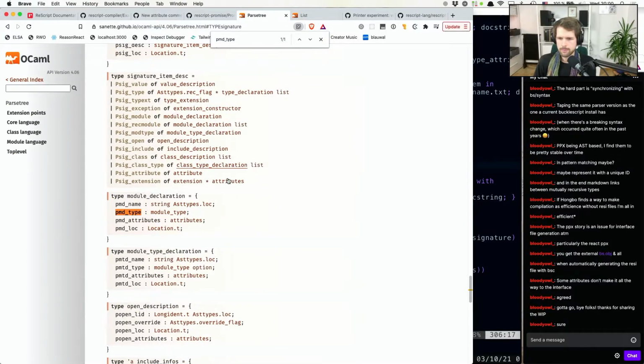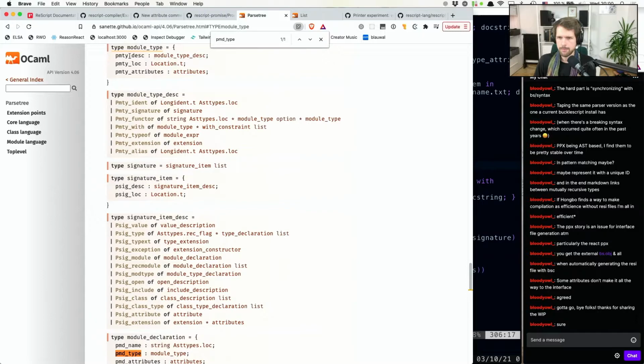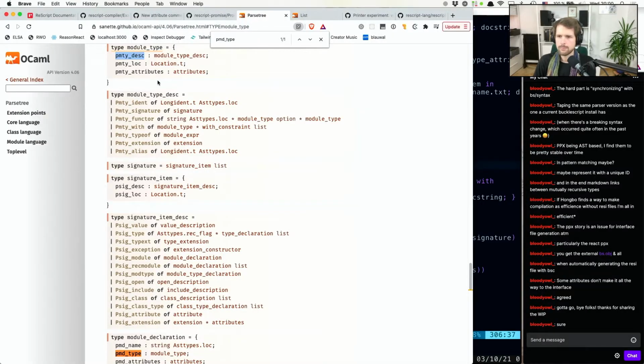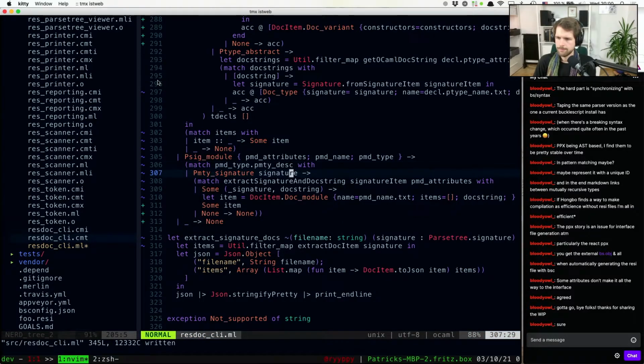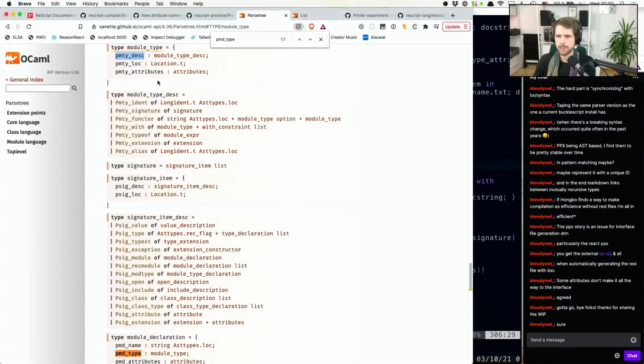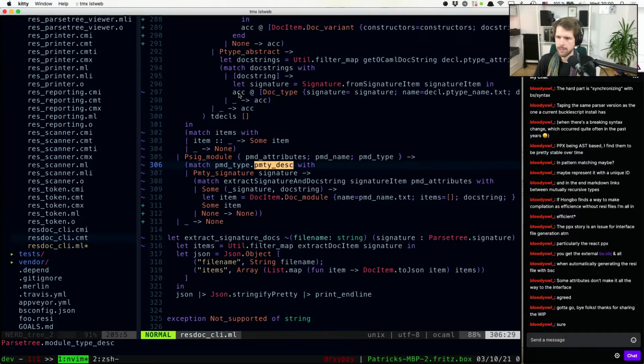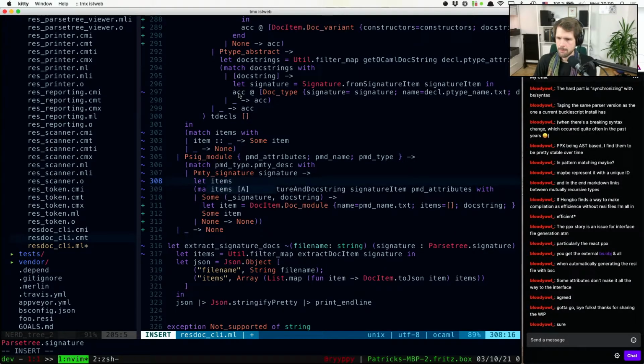If you look at the type of PMD type, module type. Oh yeah. You need to access the description part of it. It has a module type and indeed the PMTI description. So now we have the module type description, and the module type description has the signature in there. And within the PMTY signature, we get the signature out of there, and then we get the items out of there with our util.filter map extract doc item